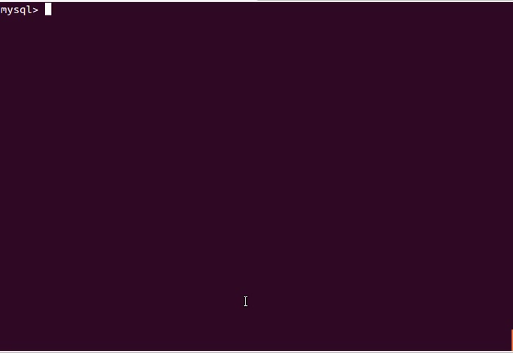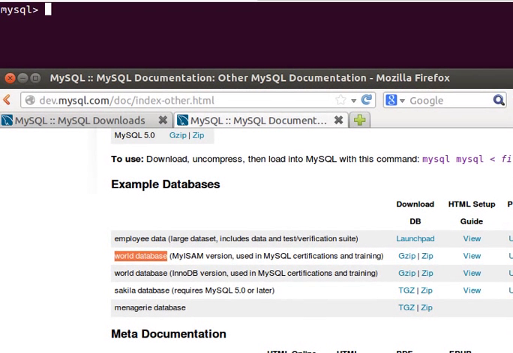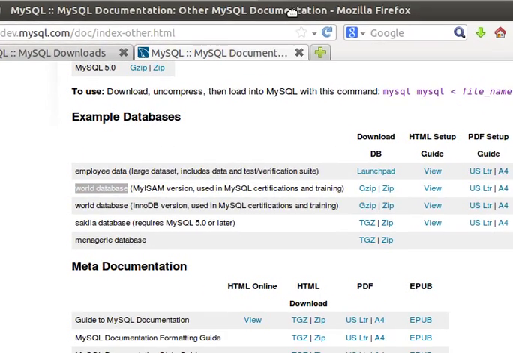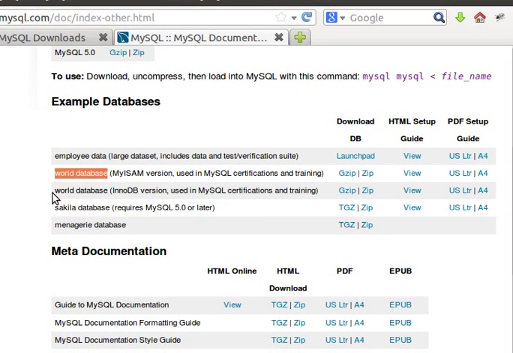We will use an example of the world database from MySQL's website. It is a database which you can download and import for practicing different MySQL operations. If you want to download it, you can visit this link and download it from there. I have downloaded the InnoDB version of this database in my /temp directory, and now we will import it in